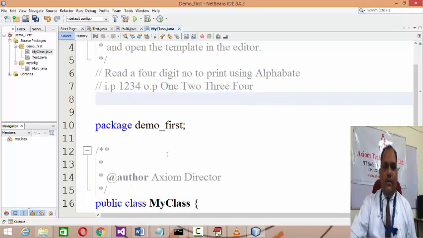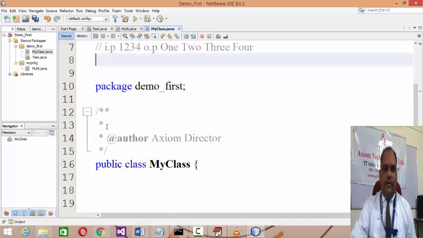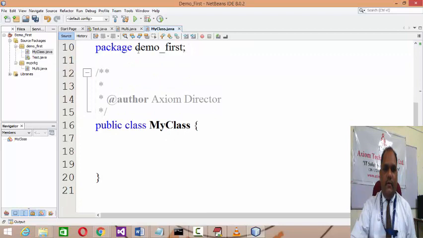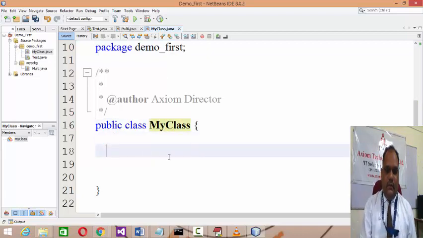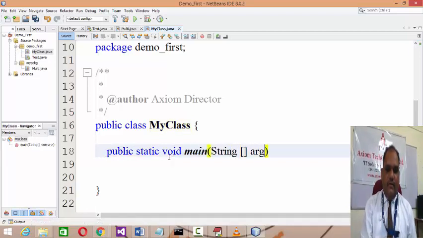Right? Okay, so now in this case I'm having a demo first package, and in that I'm having a public class myclass. Develop a main method, public static void main, array of string, and you just ask the user.